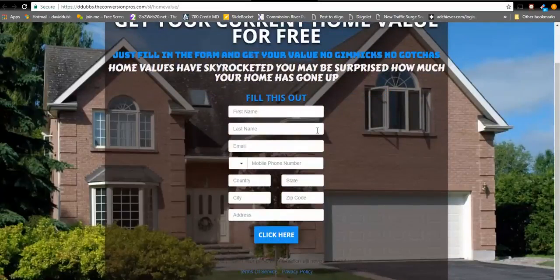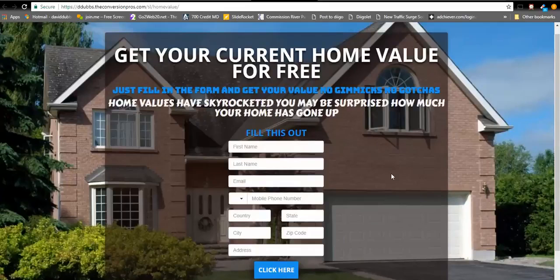Fill this out. And then the realtors could go post this all over their local message boards and local Craigslist. And even post it on their website, where they could be building a mailing list and getting people's full addresses and phone numbers. This is super valuable for real estate agents to get listings and to just build a customer base. So easy to do in the conversion pros, and then they will get the full